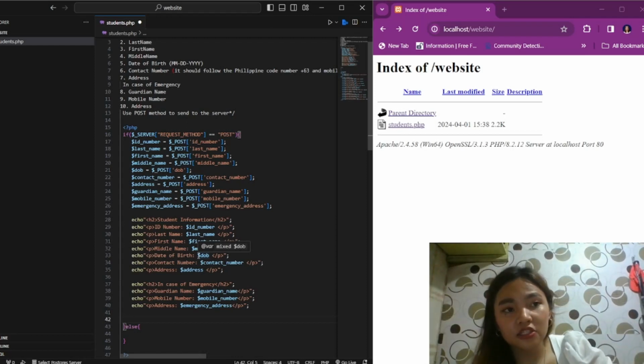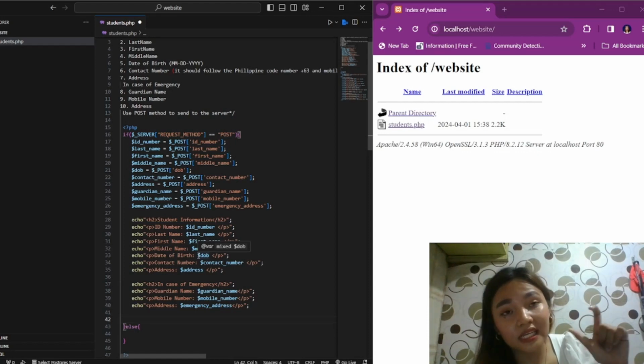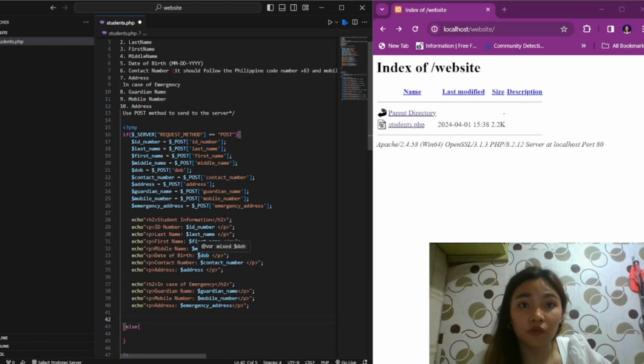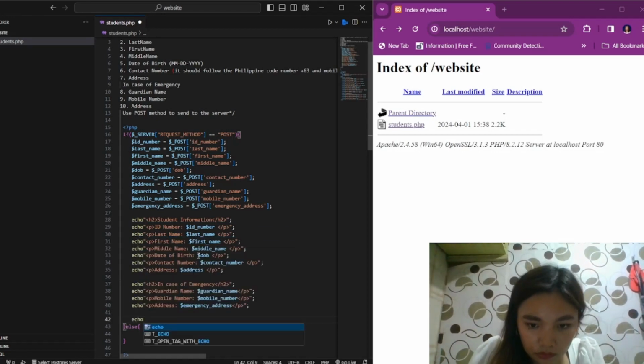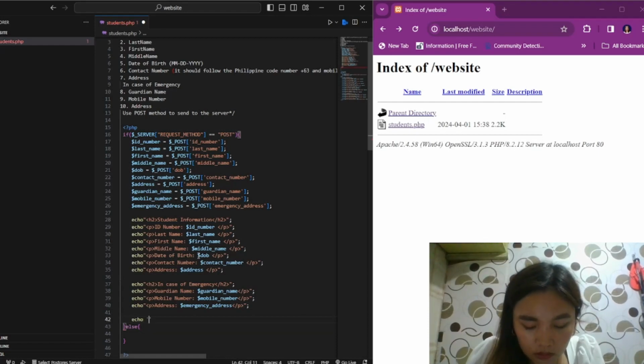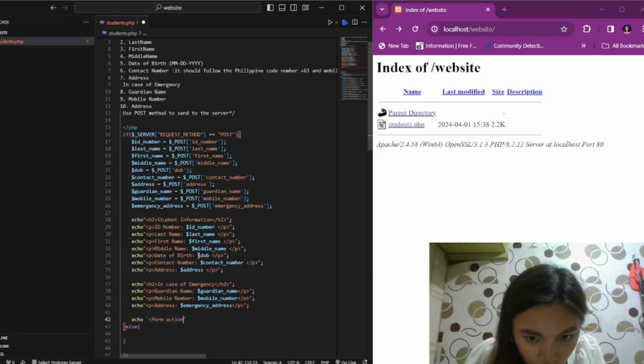And then, upon checking that it is accurate, the student clicks done. And then, after clicking done, it goes back to the start, so another student can type. So first, what we need is echo, and then form action equals,